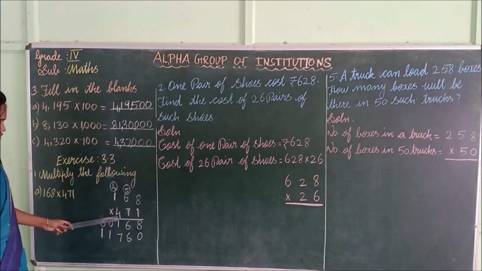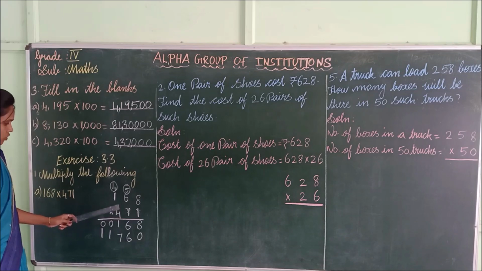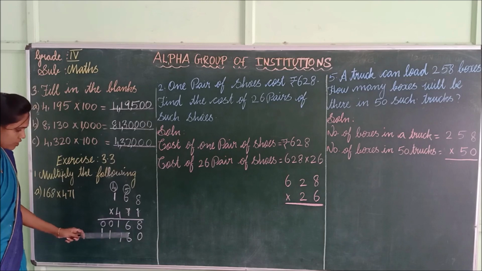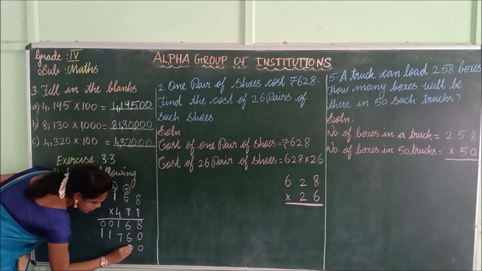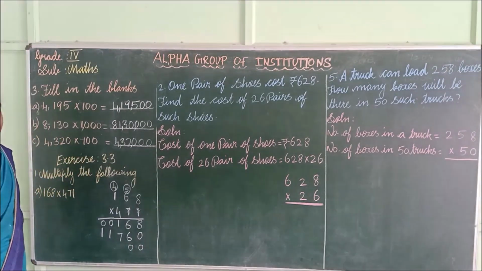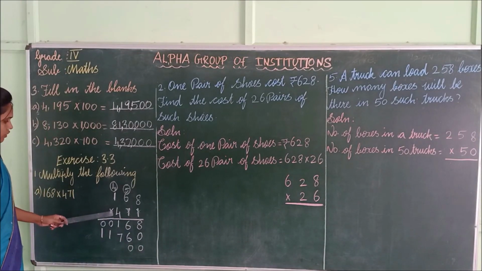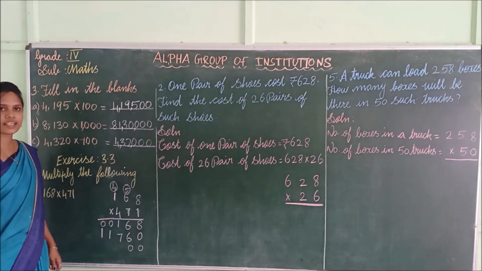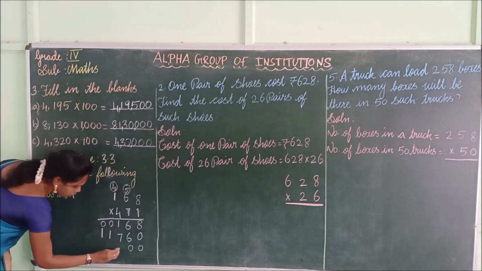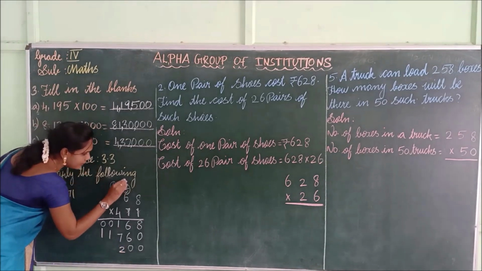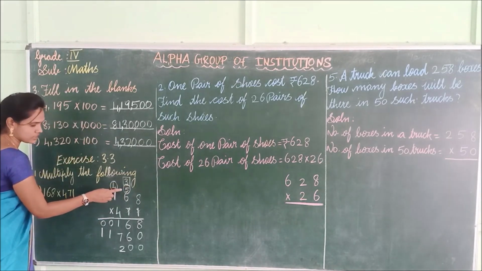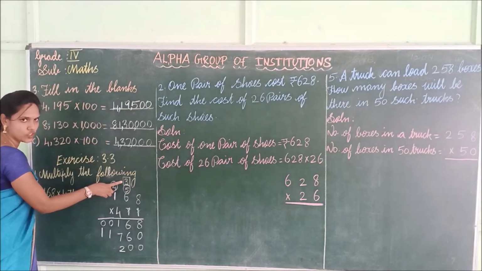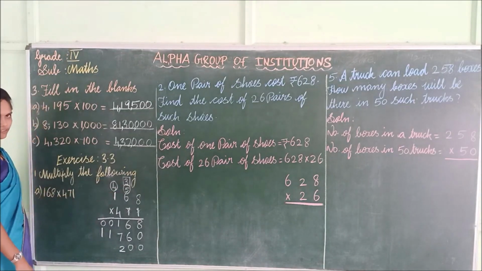See, in hundreds place you have four. For this we need 4 tables. So by taking hundreds place, you also start from hundreds place. For that, you should put 2 zeros and you have to start from hundreds place. See here, 4 into 8. 4 8s are 32. So 2 should put here and 3 should carry over to the next place value. See the difference, this is circle and this is box, square. I have put for the difference.